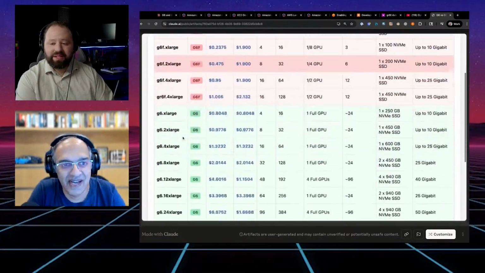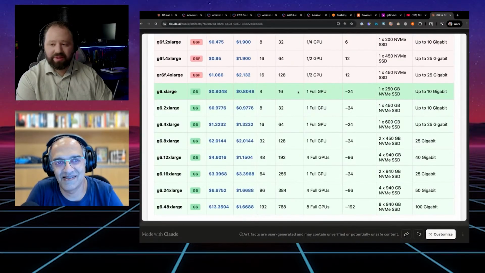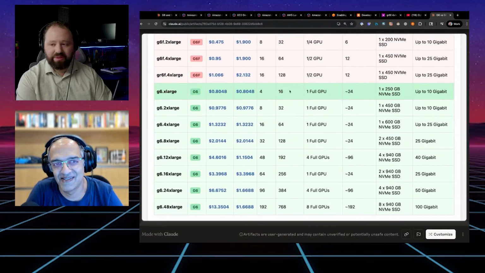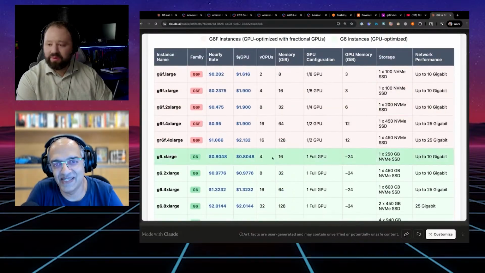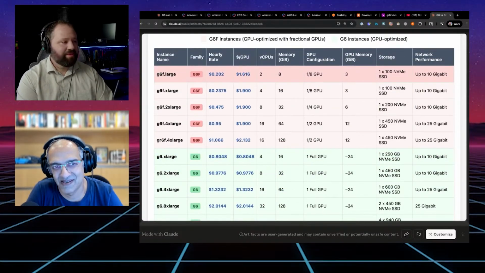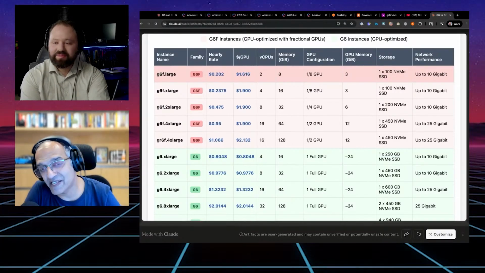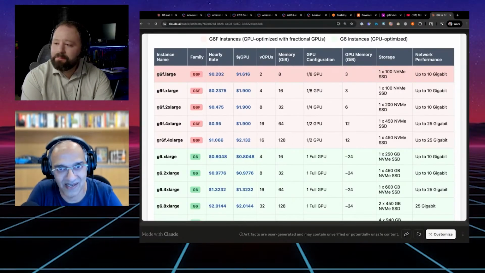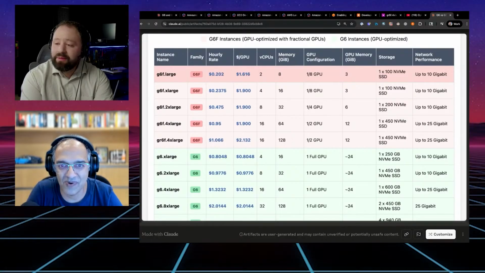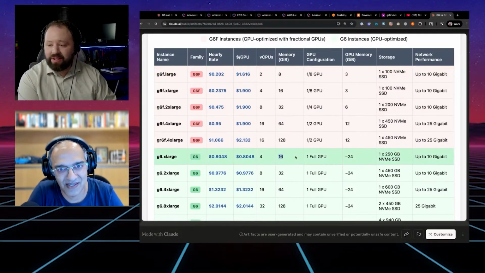Correct. Okay, so the G6.xlarge, the cheapest full GPU you can get, with four vCPUs, is 80 cents an hour. So this is a quarter of the price for an eighth as much GPU. And an eighth as much of the memory as well. So the memory also goes from 24 gigs to 3 gigs. Well, no, on the xlarge it goes from 16.